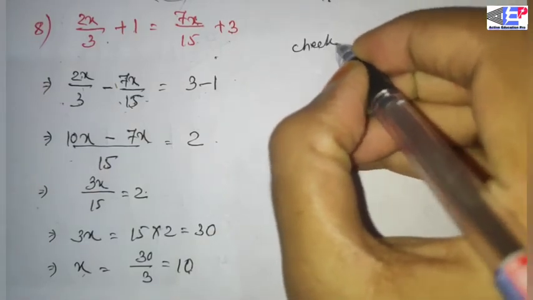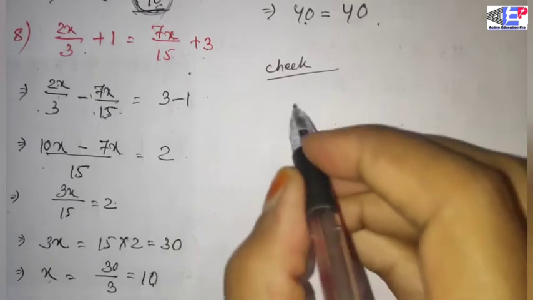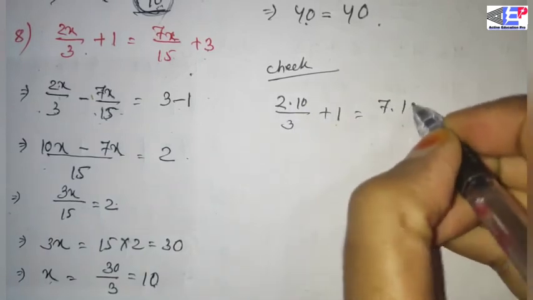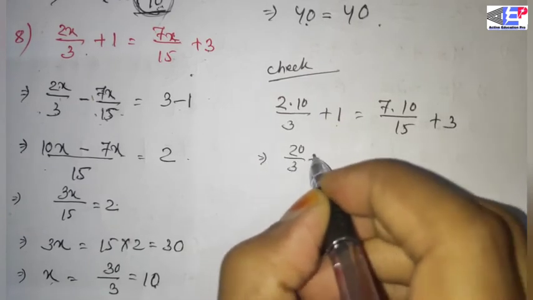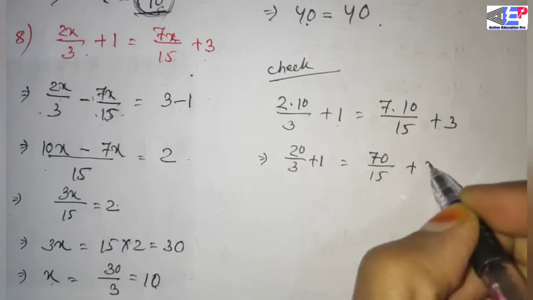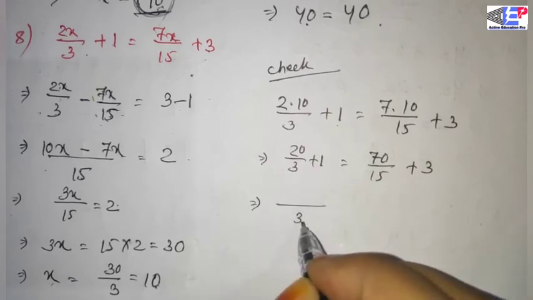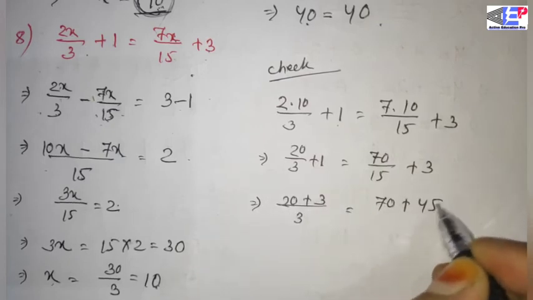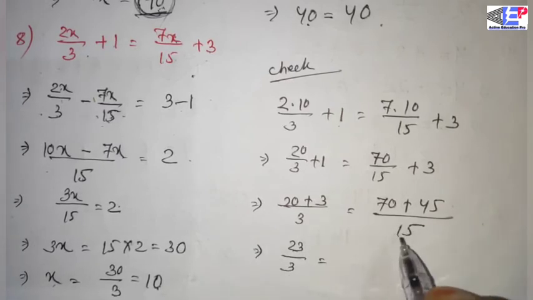Now check whether it is right or not. Put the value of x in this same equation. 2 into 10 by 3 plus 1, 7 into 10 by 15 plus 3, 20 by 3 plus 1, 70 by 15 plus 3. Take the LCM. 3, 20 plus 3, 70 plus 45 by 15, 23 by 3, here